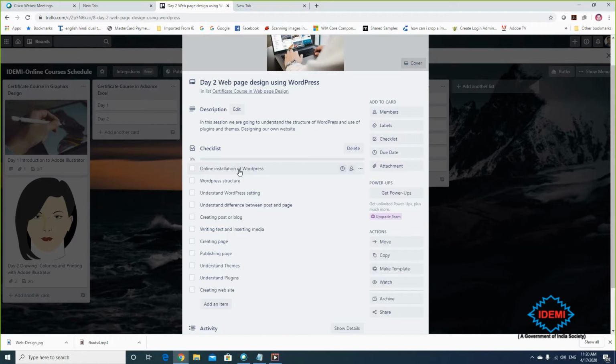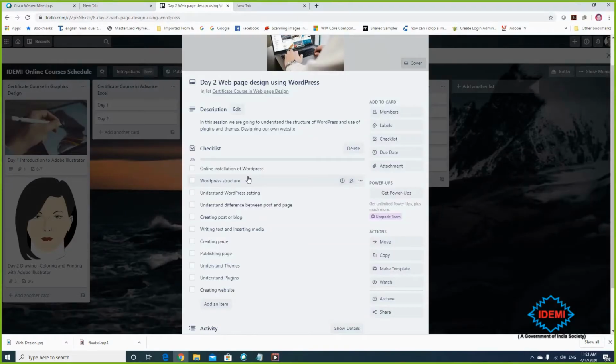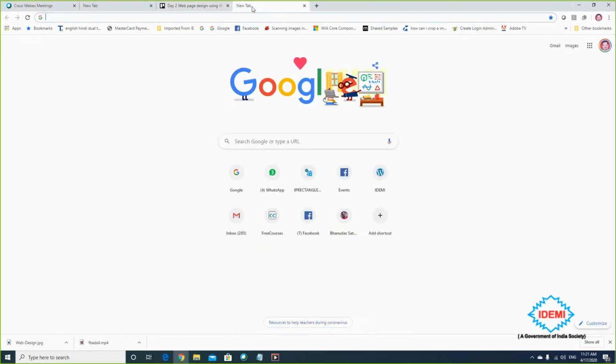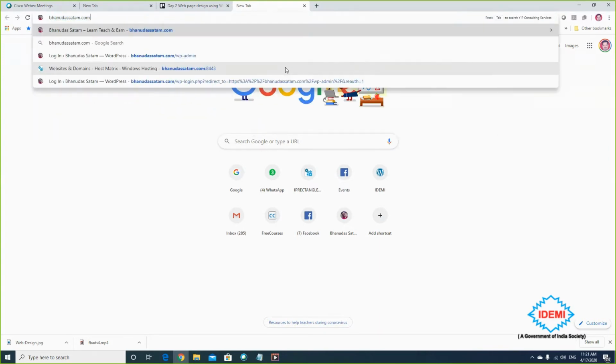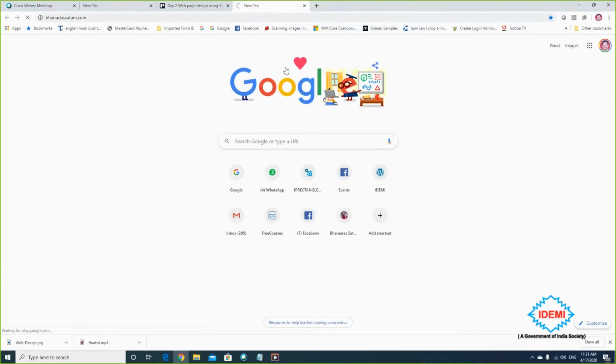Whenever you buy some hosting space, I'm going to show you the online installation of WordPress. Suppose I'm registering bandasatam.com, and this is my domain name.